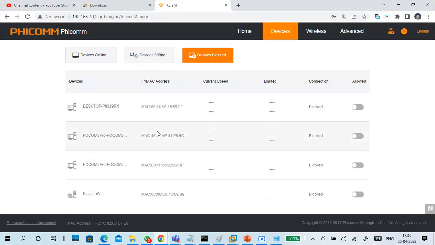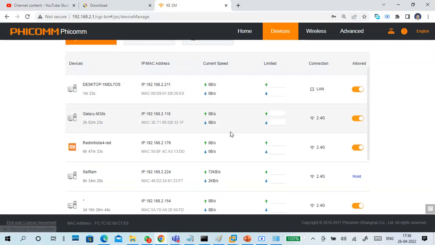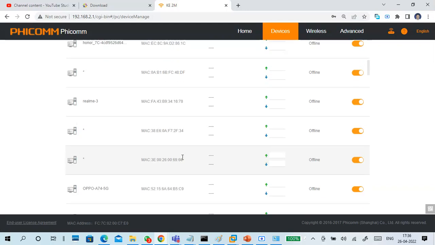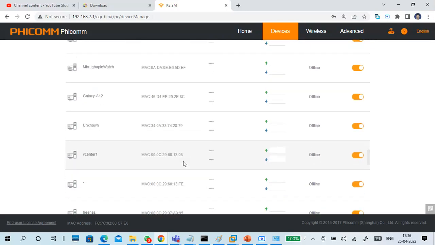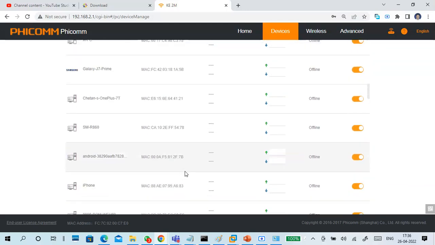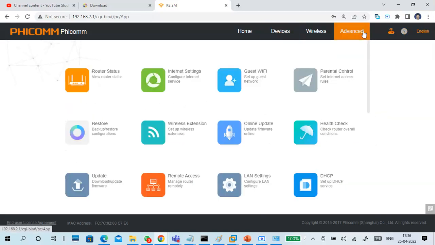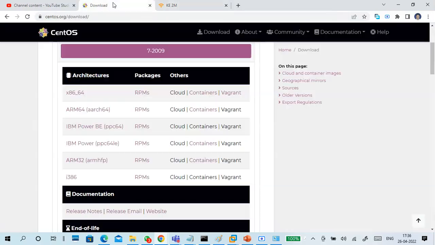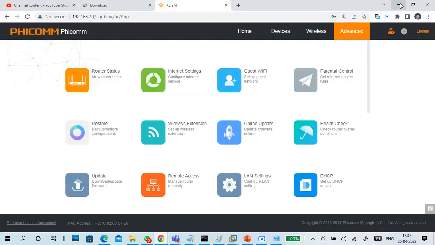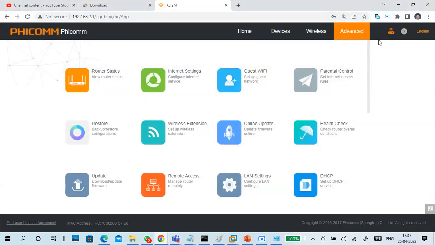I blocked certain MAC addresses here. This offline thing should be cleared. It's not clearing the whole offlines. Why is it? Guys, it may disconnect for some time.